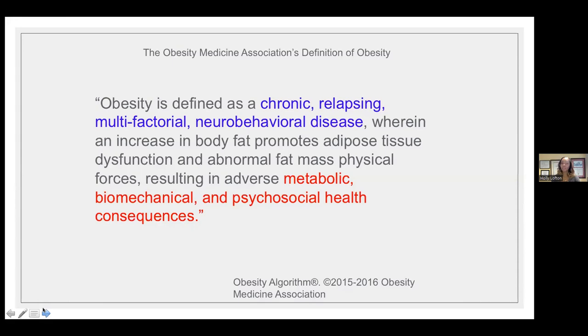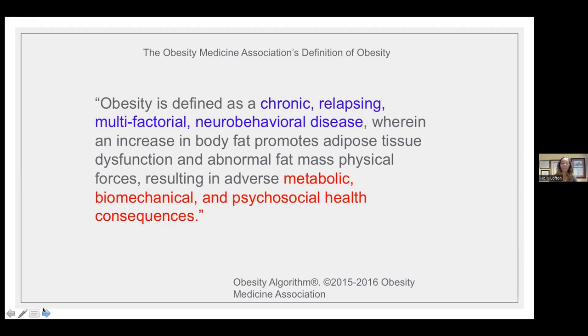Again, there are many definitions for obesity. This is the Obesity Medicine Association's definition. And it is quite wordy, but I think it's very comprehensive. And it's defined as a chronic, relapsing, multifactorial neurobehavioral disease. And that's a lot of words, but basically this is a condition that the patients will have